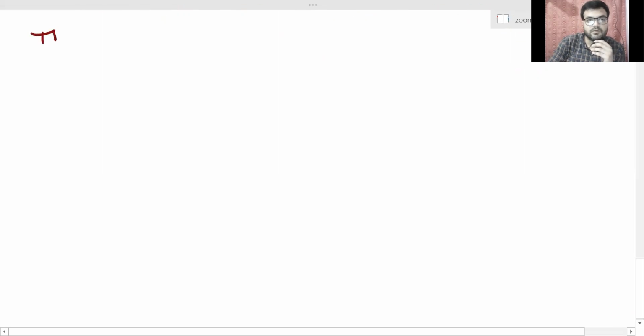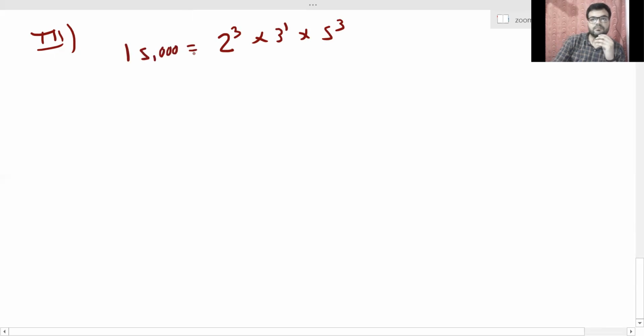So the third case is, let's say again the format is 2 cube into 3 to the power 1 into 5 to the power 3. Okay, so it is 15,000. This is the basic format. So if I ask you how many factors are there which are the multiple of 2, you have to find out all the factors